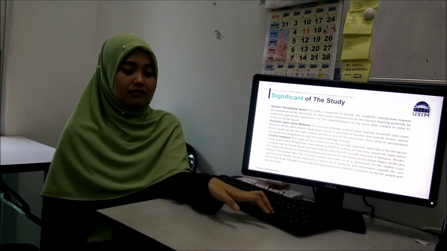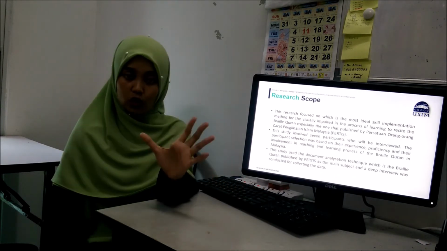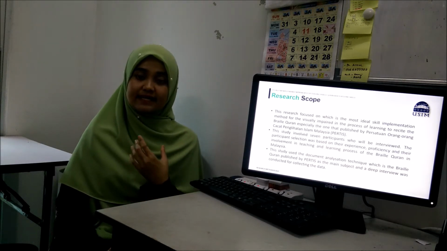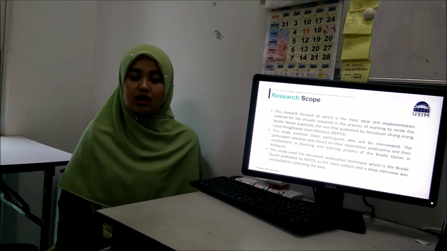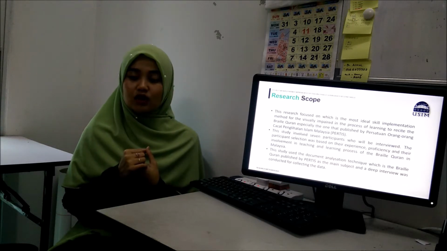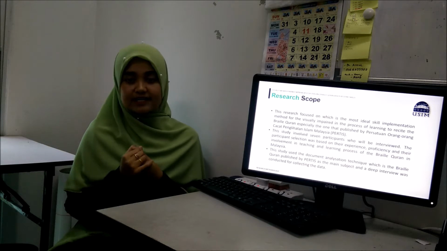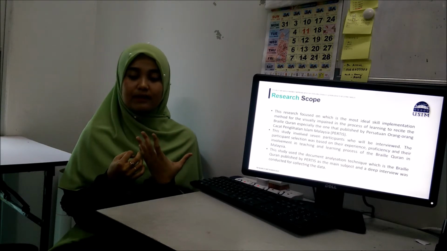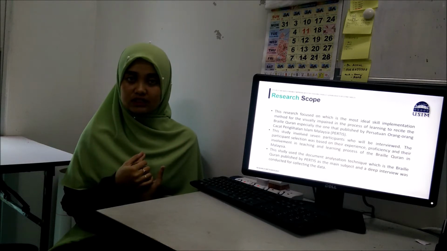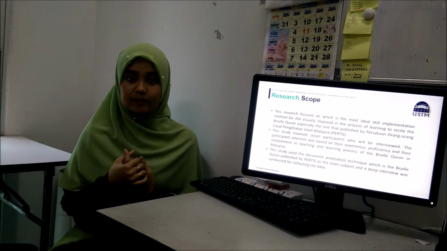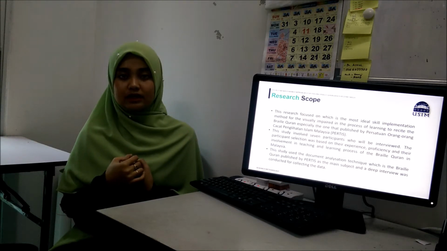And then we go through the research scope. This research focuses on the most ideal skill implementation method for the visually impaired in the process of learning to recite the Braille Quran, especially the one published by Persatuan Orang Cacat Penglihatan Islam Malaysia, PERTIS. And the study involved 7 participants who will be interviewed.